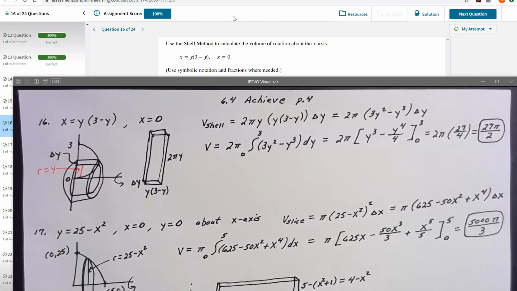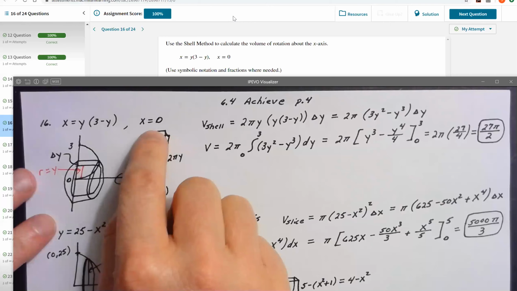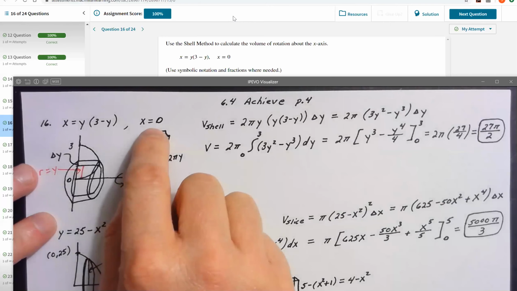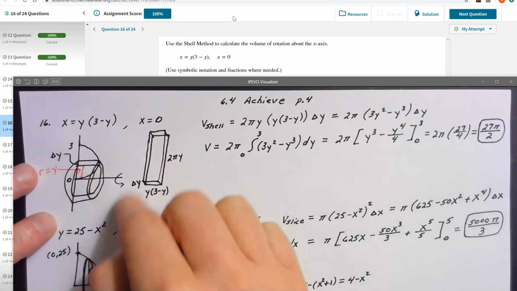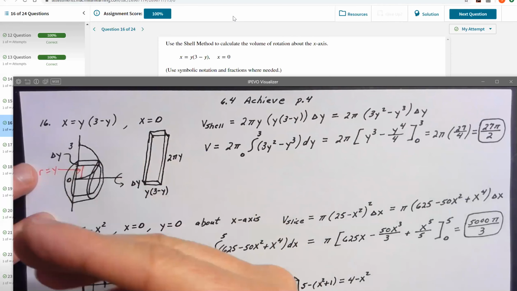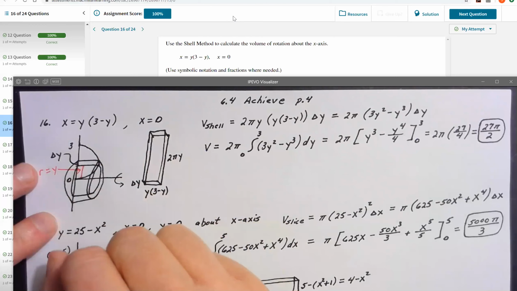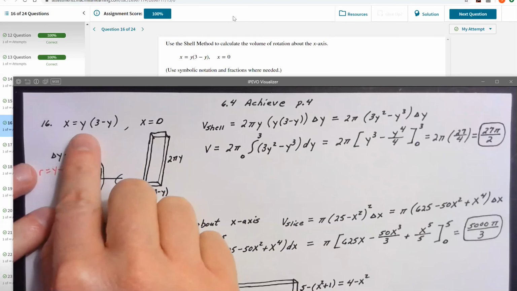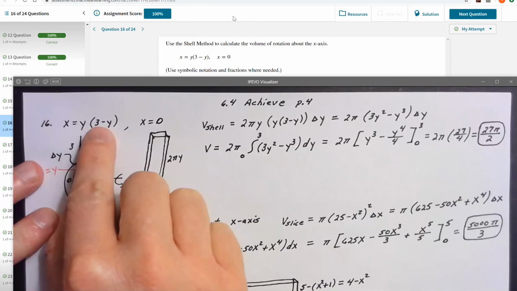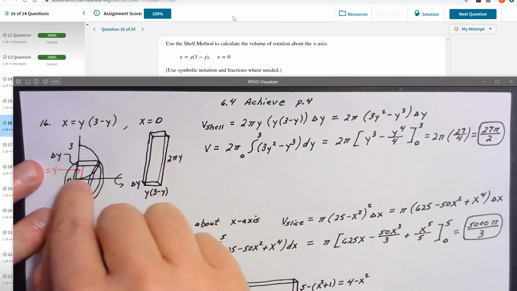For number 16, they give me x in terms of y. So I think the shell method is the easier way for this problem, since it is a revolution about the x-axis. Normally when it's revolved about the x-axis, I would prefer to do the problem with slicing because I could keep it in terms of x. But since they already give me x in terms of y, I would just keep it in that and then